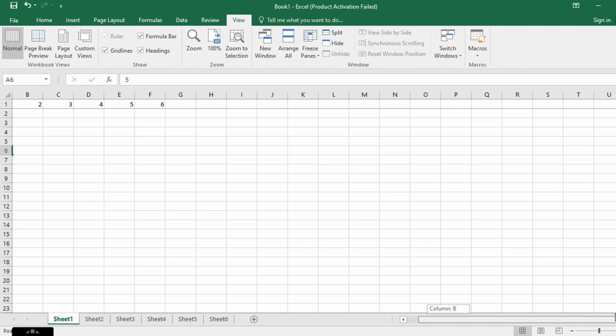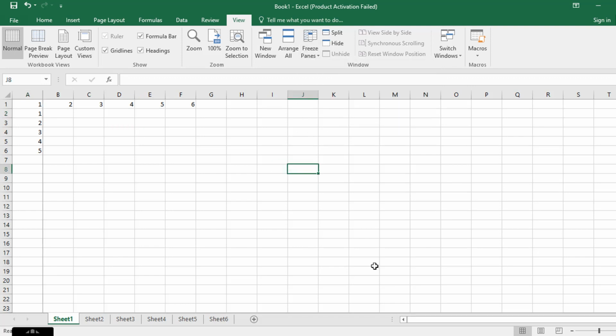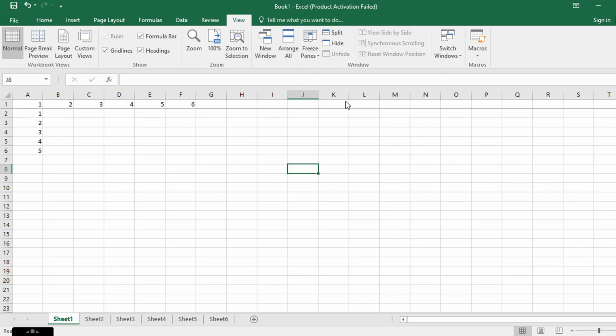When I go beyond a certain portion the column is hidden. Again that can be frozen. Go to View, Freeze Panes, freeze first column. Now wherever you go you can see both the first row and column. This is the way to enable your freeze option in Excel.